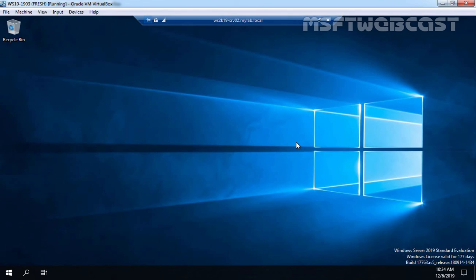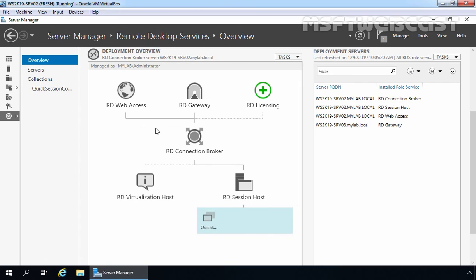If we go back to the Windows 10 client computer, we can see we have successfully connected to our RD session host server, which is ws2k19-srv02.mylab.local. We can confirm the same thing on our RDS server as well. Let's check this on our server ws2k19-srv02.